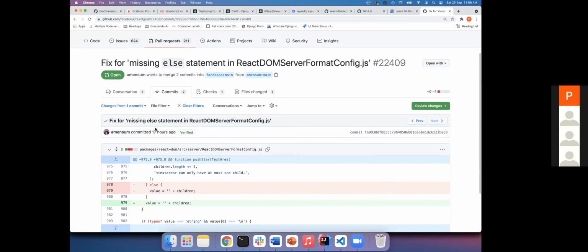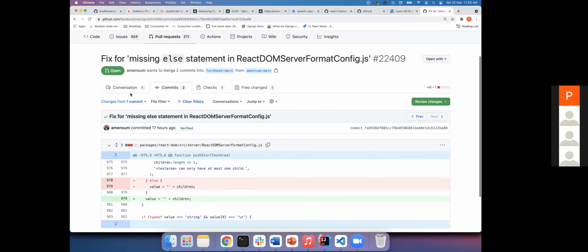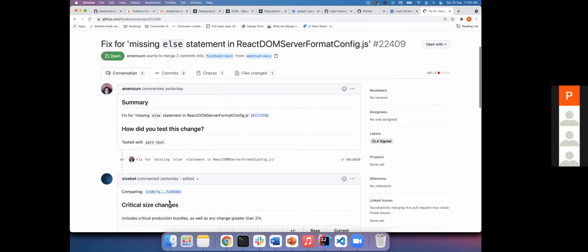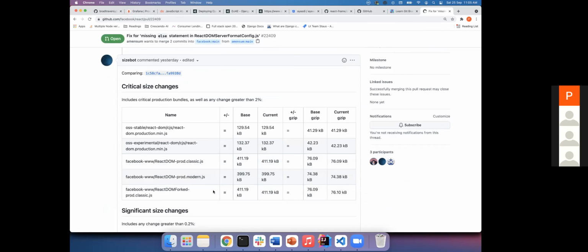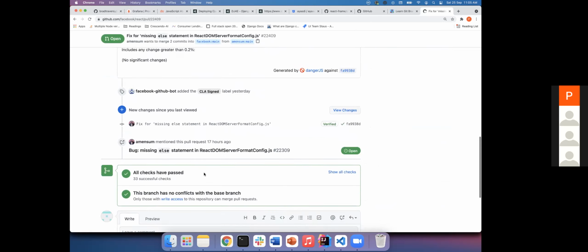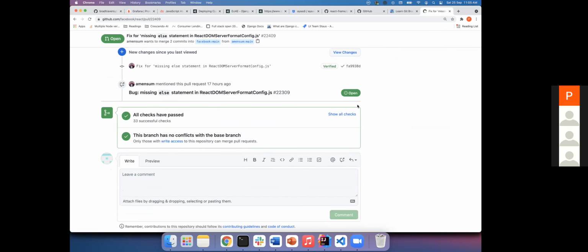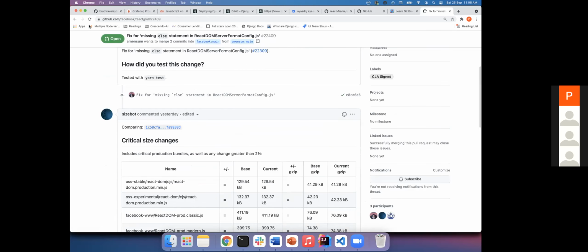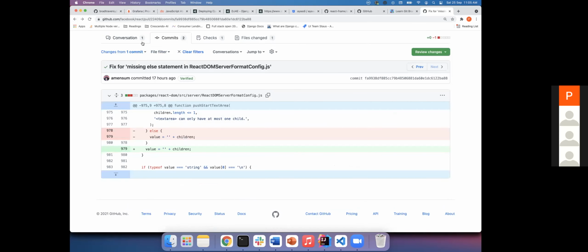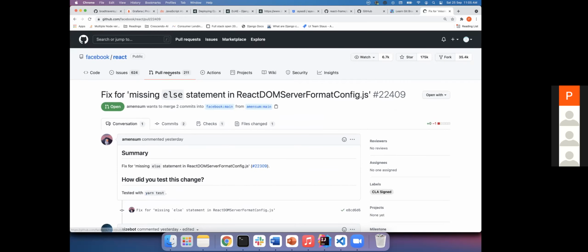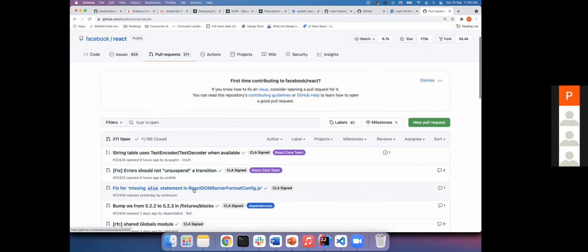I'll show you that. So once they confirm it, bots may be running automatically because this is pre-configured. This automatically runs, may say fail or succeed, and after all the checks have passed, they'll say merged. So we'll take one which is merged. Let me see what is merged already. There is a pull request. Let me go to the pull request.